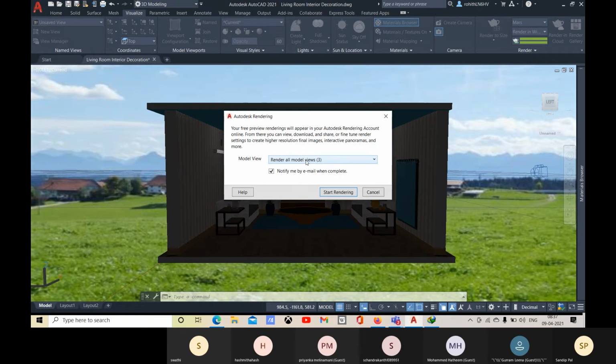Do you want to render all model views or only the camera one?